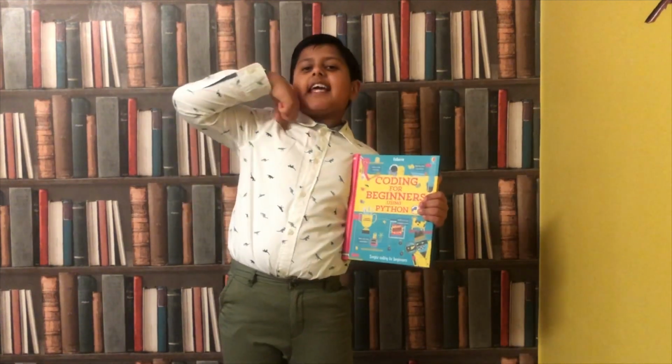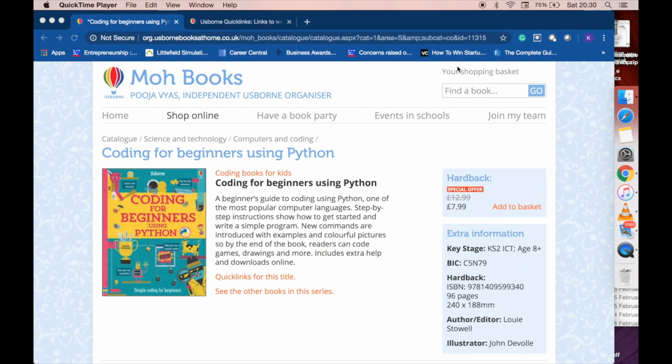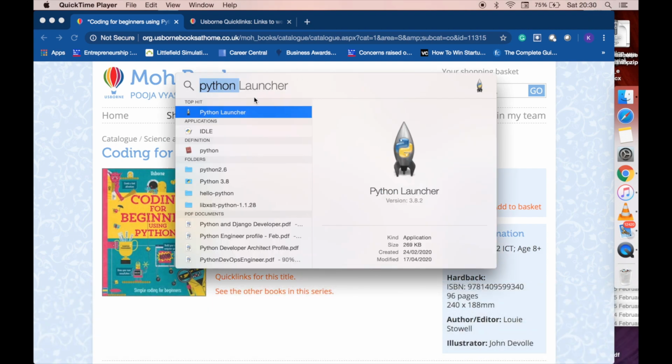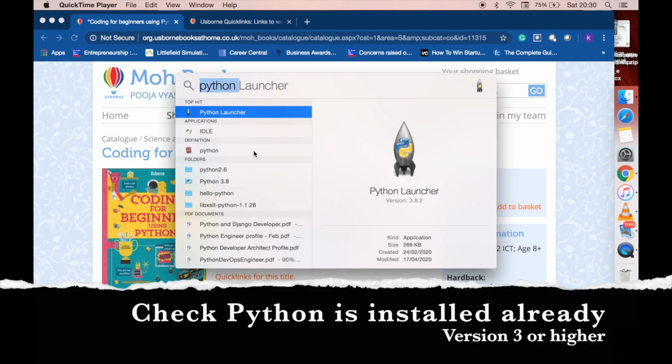Now, off we go. So, I'm going to show you how to download Python. I'm using a Mac. So, if you have Windows, then you probably should get the book because it has the instructions. So I go onto the Start menu, and I've already got Python. So it's got Python Launcher, Idle, Python,